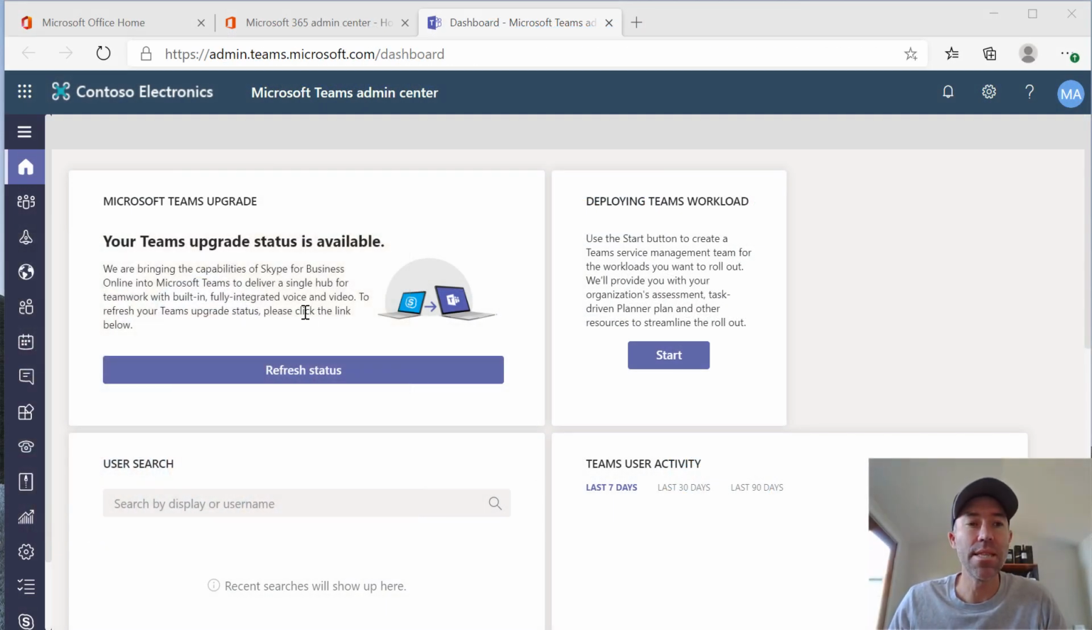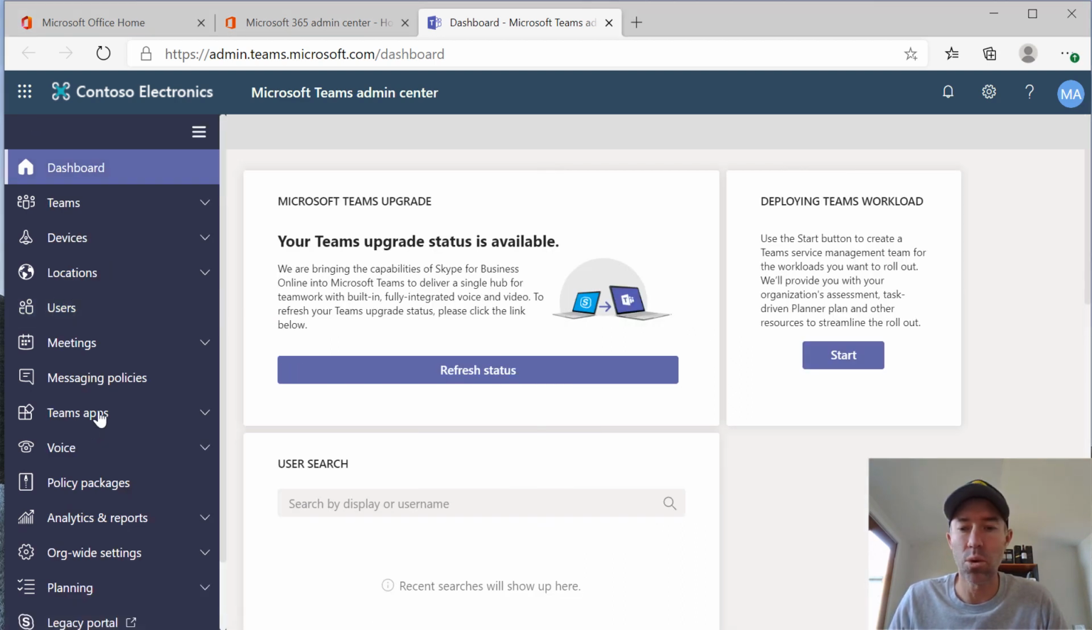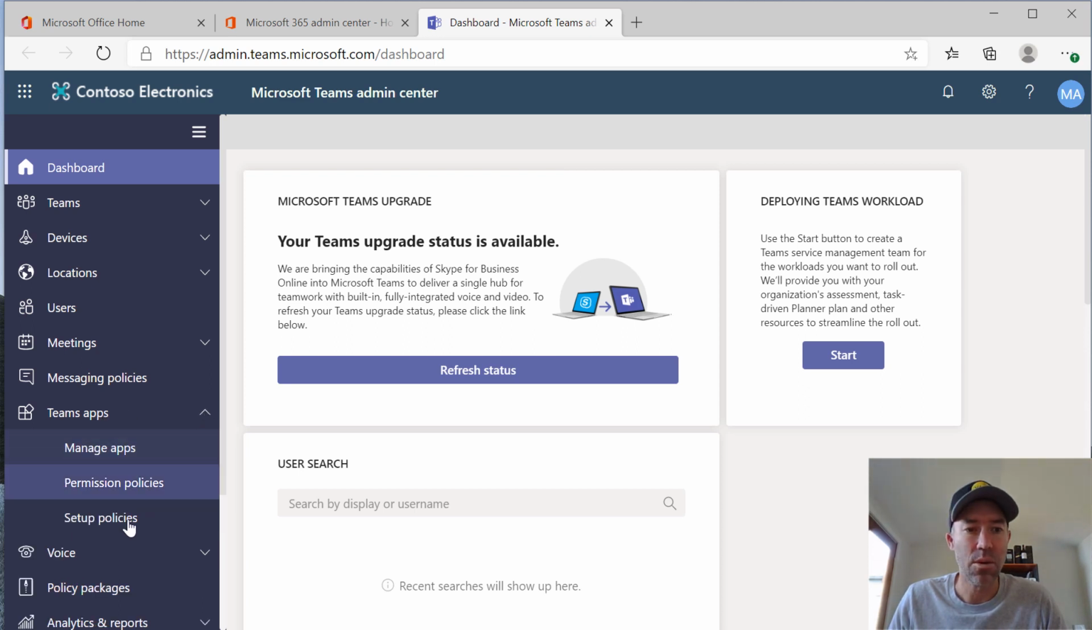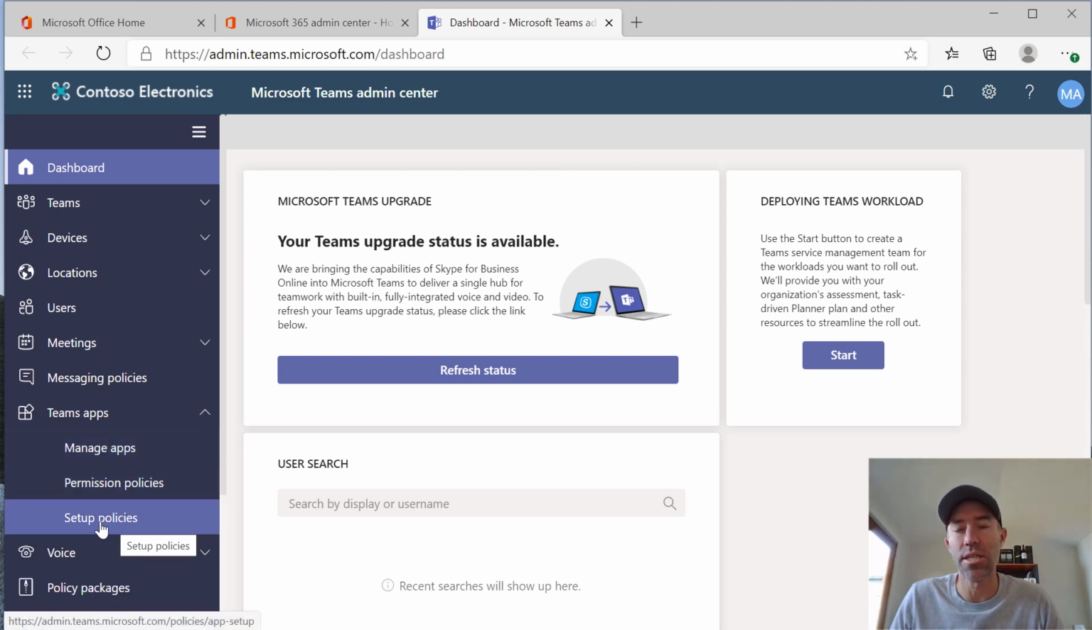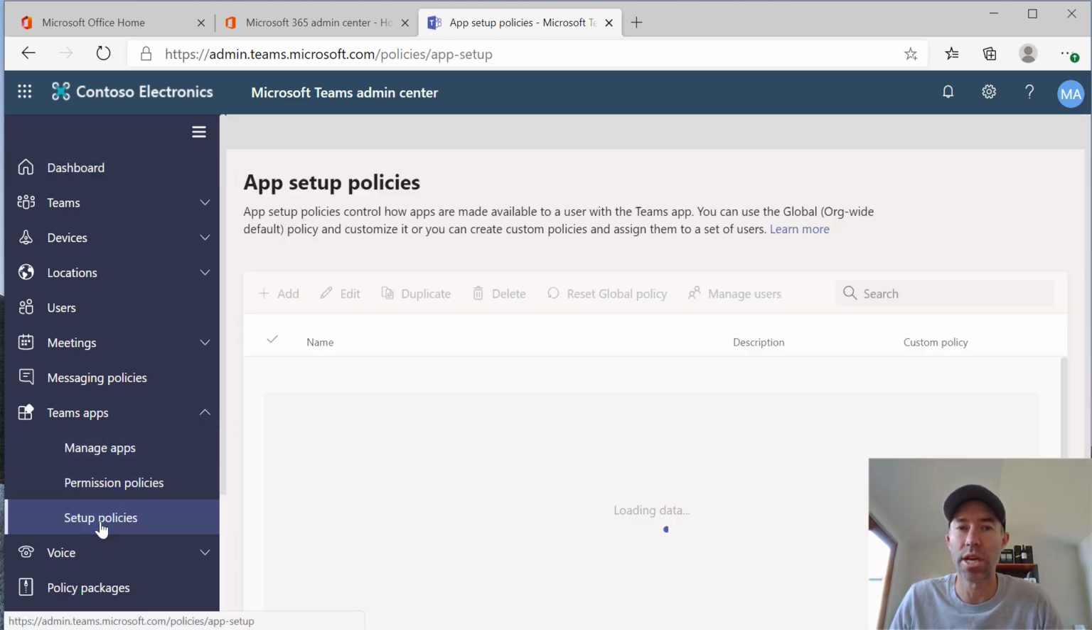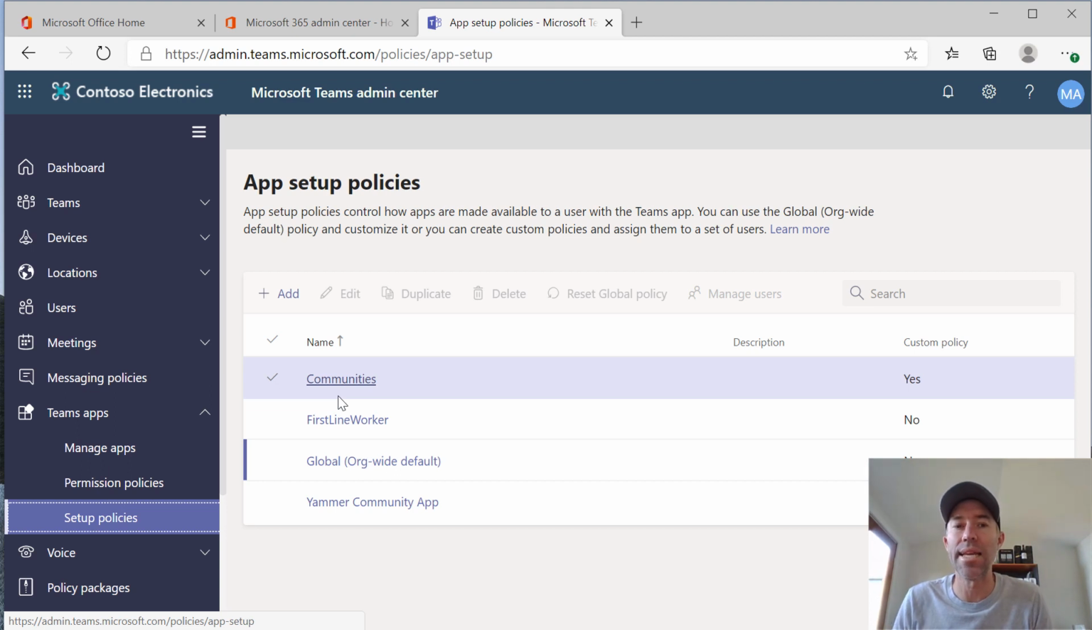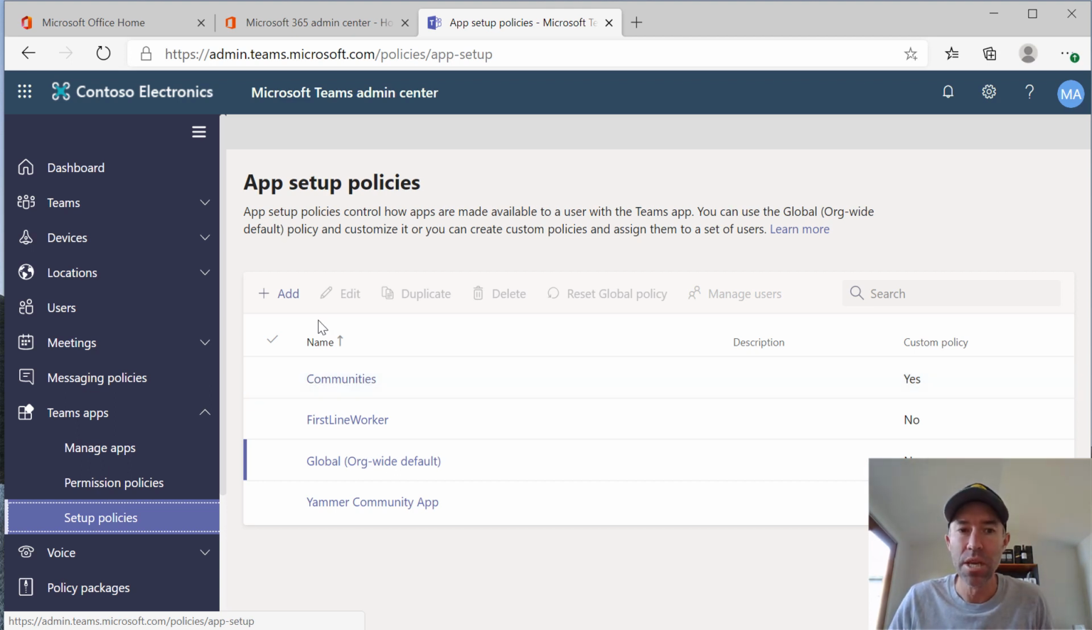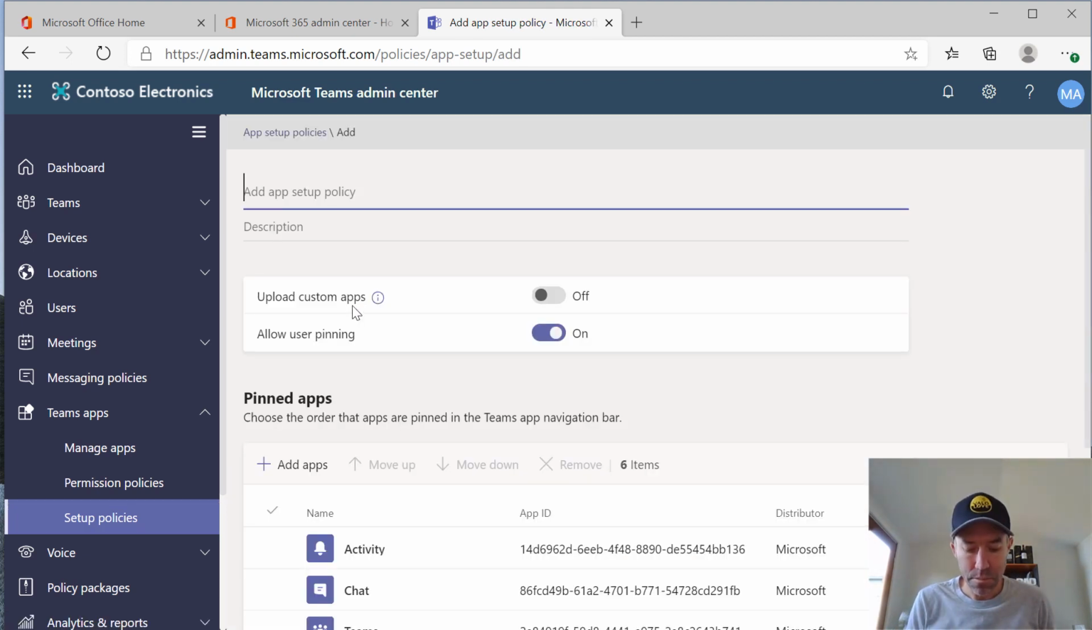Okay, so I'm in the Microsoft Teams Admin Center, and the section we want to look for is under Teams Apps. I'm just going to click on the setup policies, and that's where we want to go to make some changes. First, I'm going to walk you through how we go about creating a new policy. We can see there are already two that are non-custom, and I've already created a couple as well. But we're going to click on the add button, and I'm going to call this policy